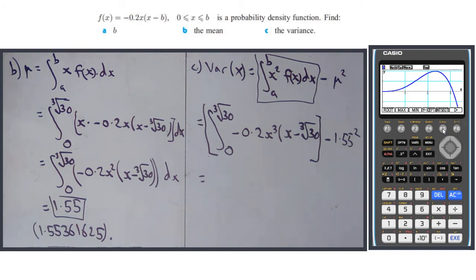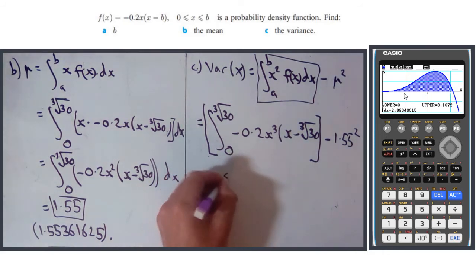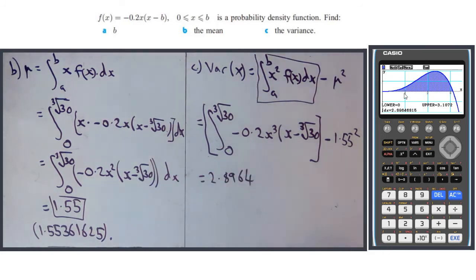So shift G solve, find the integral. Integral with respect to x. Lower bound is still 0. The upper bound is still the cube root of 30. So that is 3 cube root of 30. And looks good. And that gives us 2.8964 6815